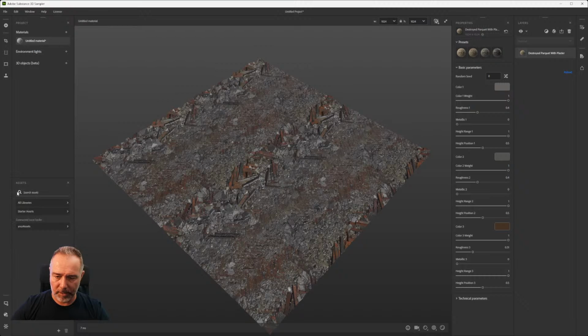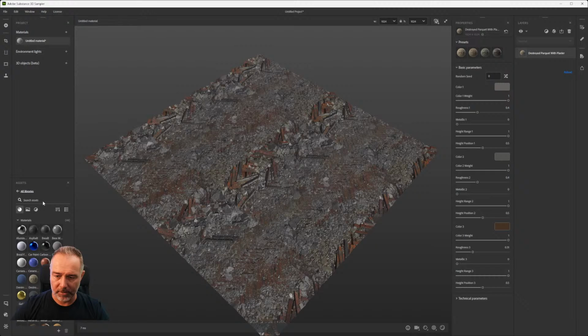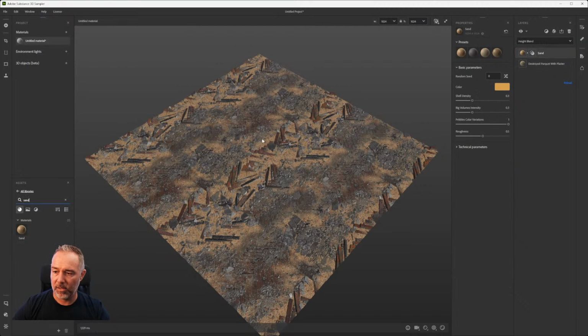Let me go back to all libraries, and I want to add sand on top of that. So I have a material of sand, and in order to do this now, I have two choices. I can drag and drop it here, like in Painter, for example, or here, also like in Painter. The advantage of dropping it here is that you can choose where in the layer stack you want to add this. I want to add this on top, so I'm just going to release it, and the sand is going